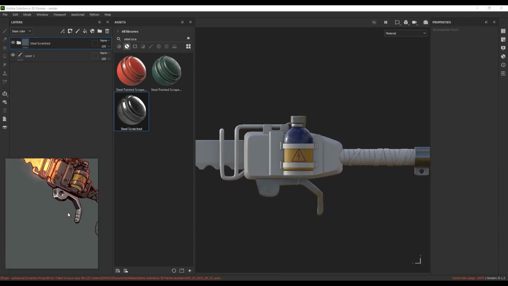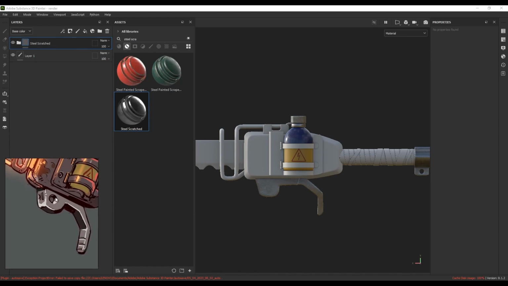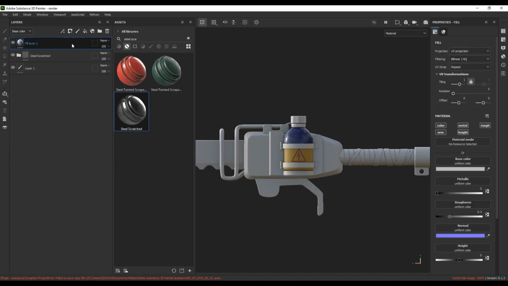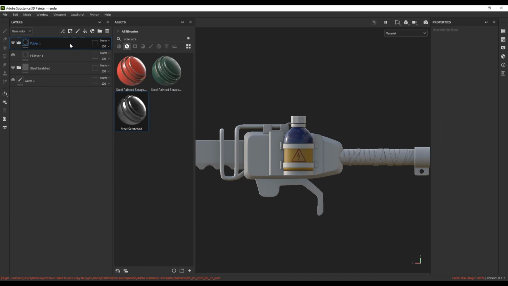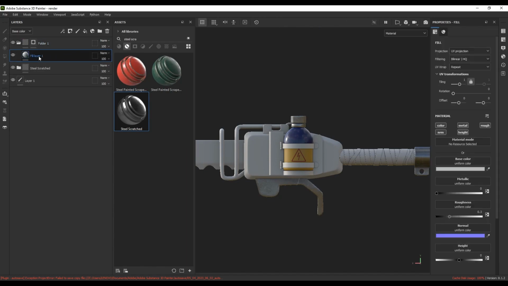Also in our reference, we have a circle right here. So add a new fill layer and put this under a group, and add a black mask and select the fill layer, and we don't need the color, so just turn off the color